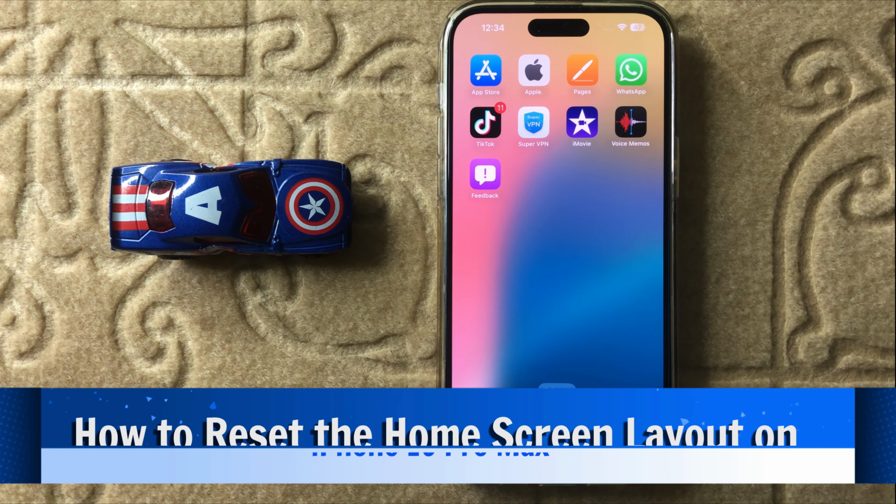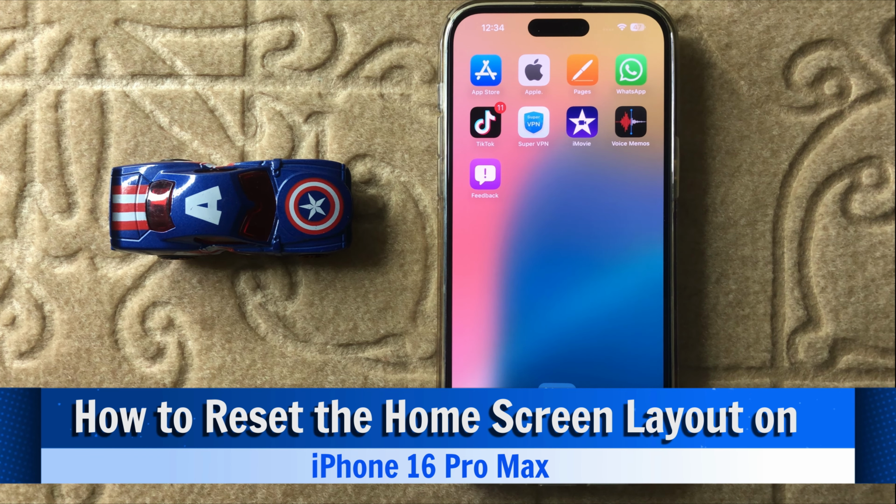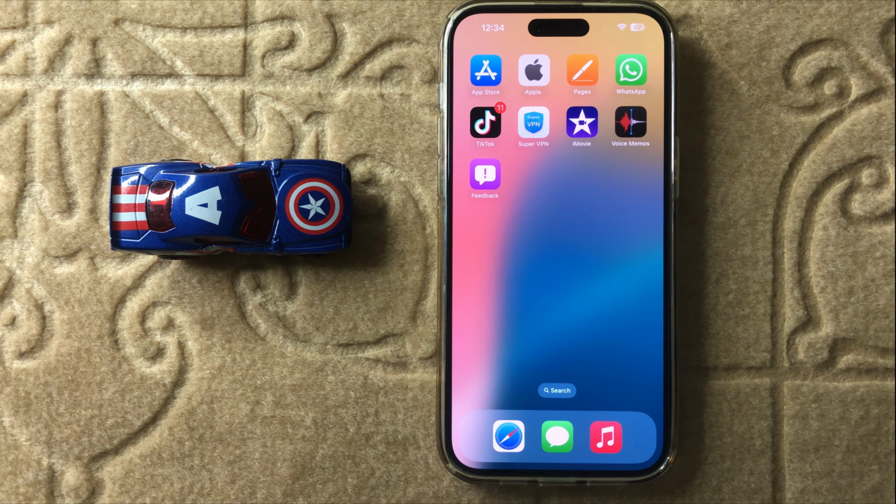Hello everyone, today in this video I will show you how to reset the home screen layout in iPhone 16